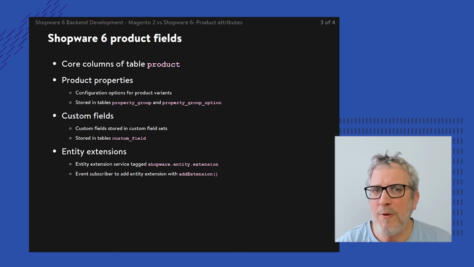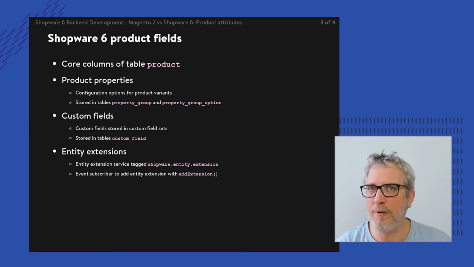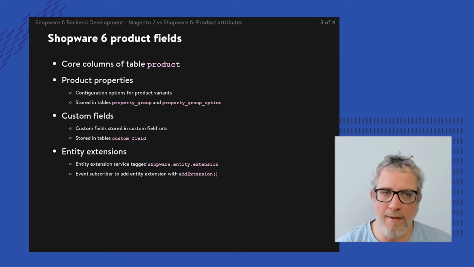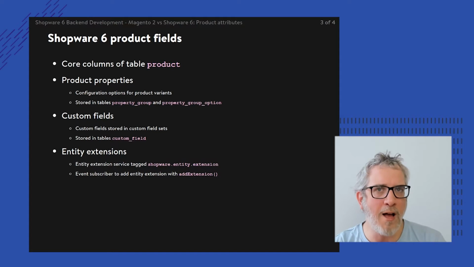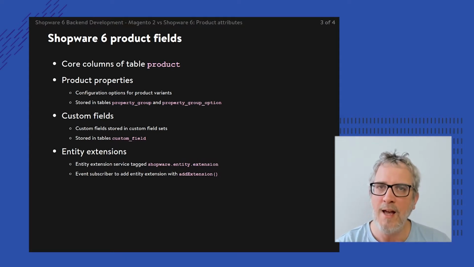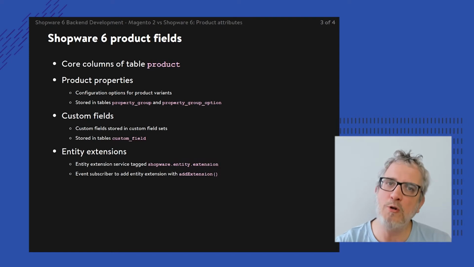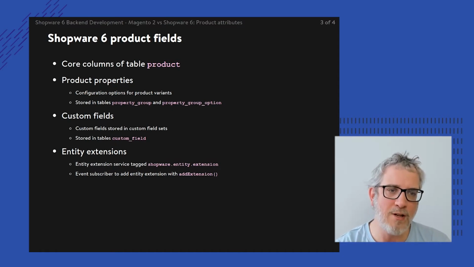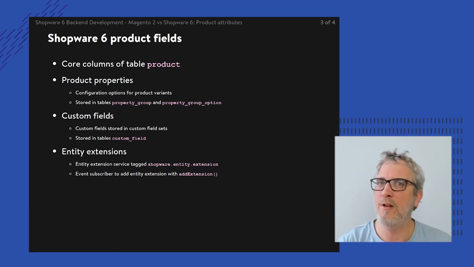First of all, fields might be referring to the core columns in the table product. It's actually a little bit more complex than that, because there's not only the table product, but there's also product translations and product, well, whatever. And that's leading into a more complex story of so-called associations. You can create your own class on top of the original product entity, and then the product entity might be associating with that new entity as well. The thing that I'm then talking about is nearly the same as a so-called entity extension, but an entity extension is a little bit simpler. But let's take a look at the entity extension in a bit.